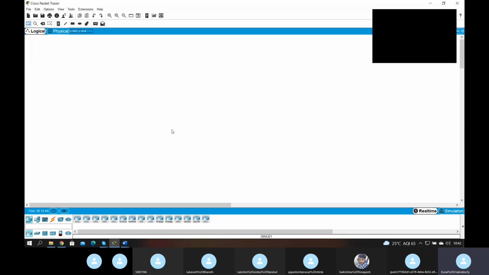This is the work area. Basically, we use Cisco Packet Tracer so that we can simulate our network. It works about 90% like real time. Whatever you do in real time, you will do the same here, and you will get the output. You can create an environment also.